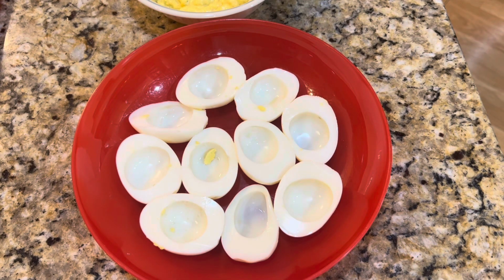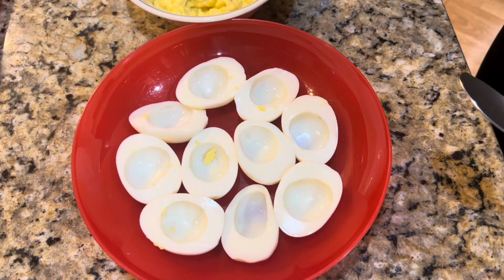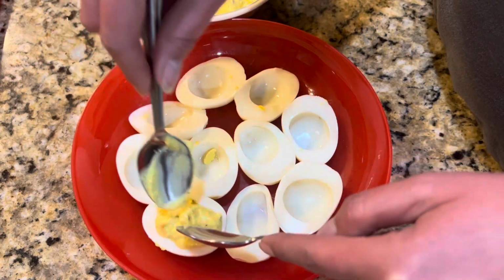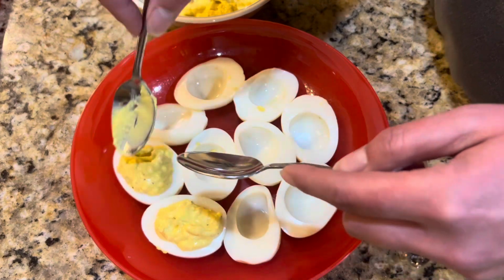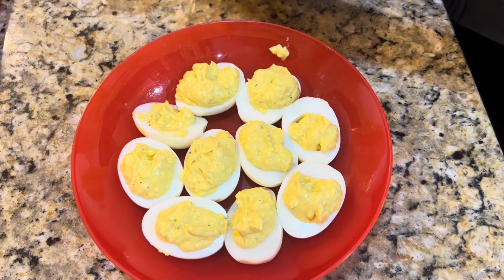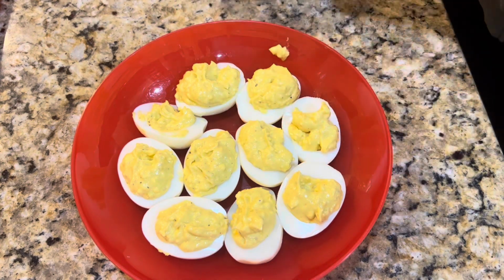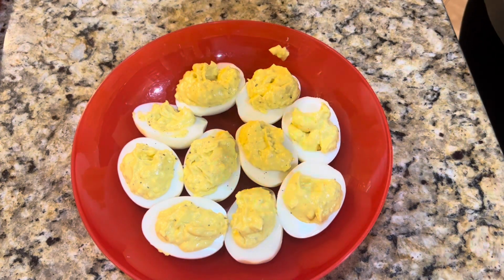And once the filling has come together, then I'm just putting that filling back into the hard-boiled egg whites, and I did sprinkle a smidge more pepper on the top, and later on I also sprinkled some paprika. But I made this first, and then I just put it in the fridge for them to get nice and chilled while I made the chopped Italian sandwich,